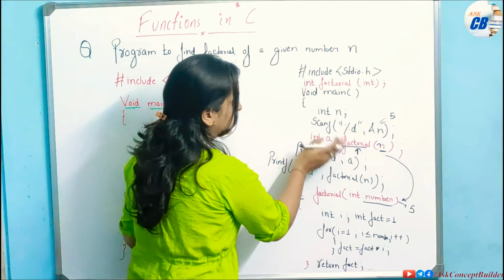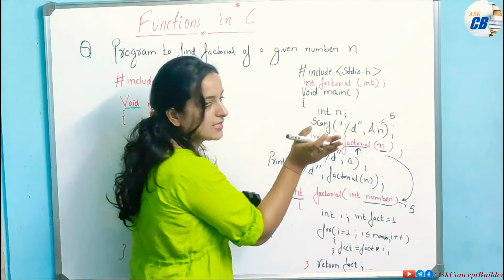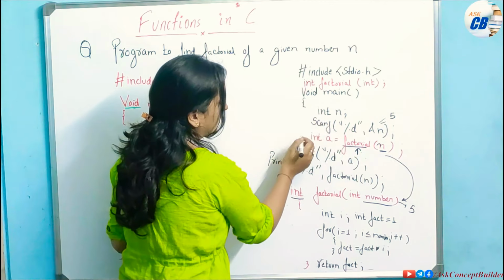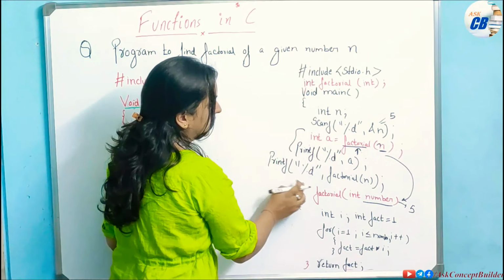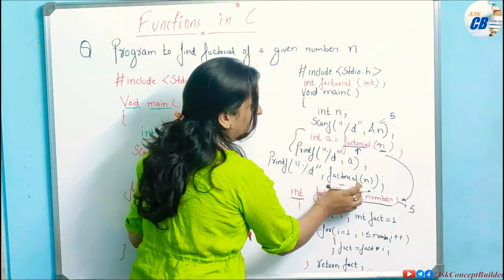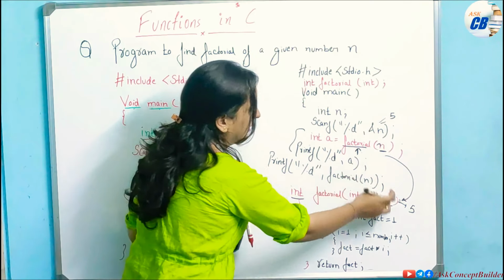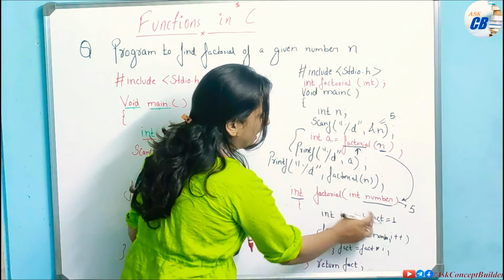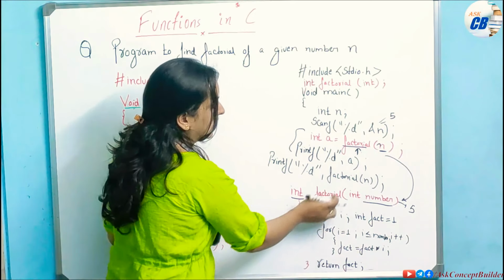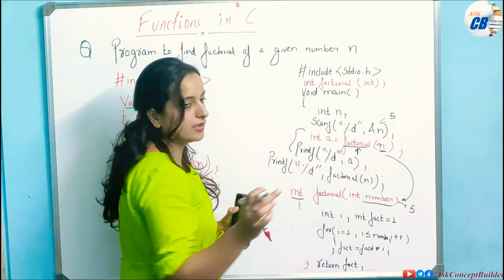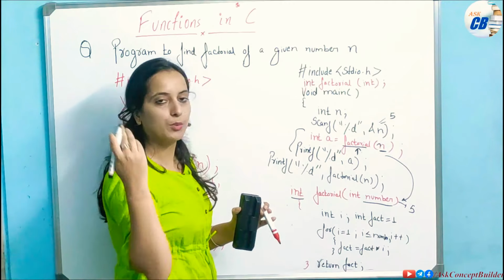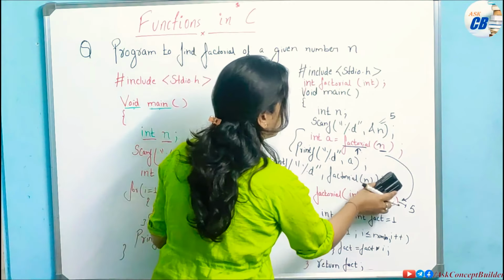So what it will do is, I can skip this variable directly. These two I can skip directly. I can write printf percentage d, and here only I will call factorial n value. Let us suppose 5 will pass here, and then this function factorial will be called. This will calculate the value. This return fact will come here, and then printf percentage d. This factorial value can also be printed like that. So you can have two ways.